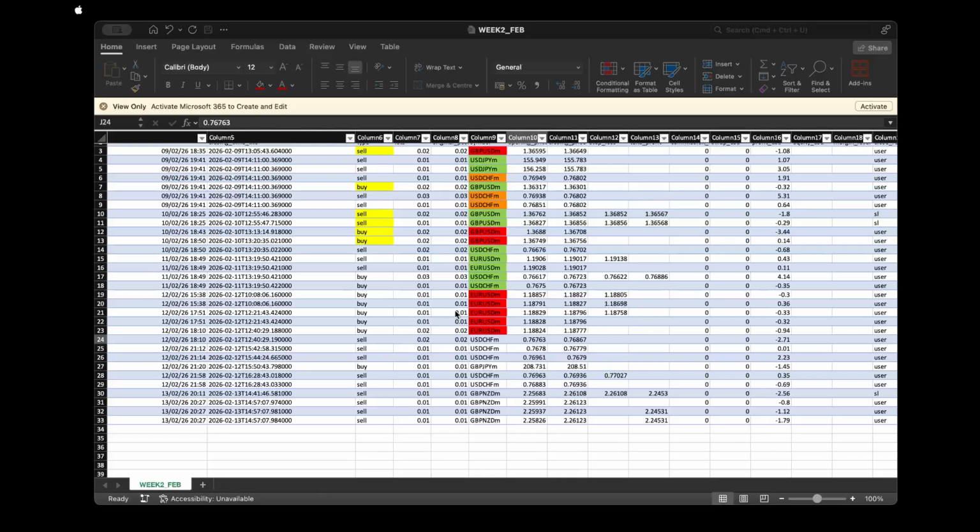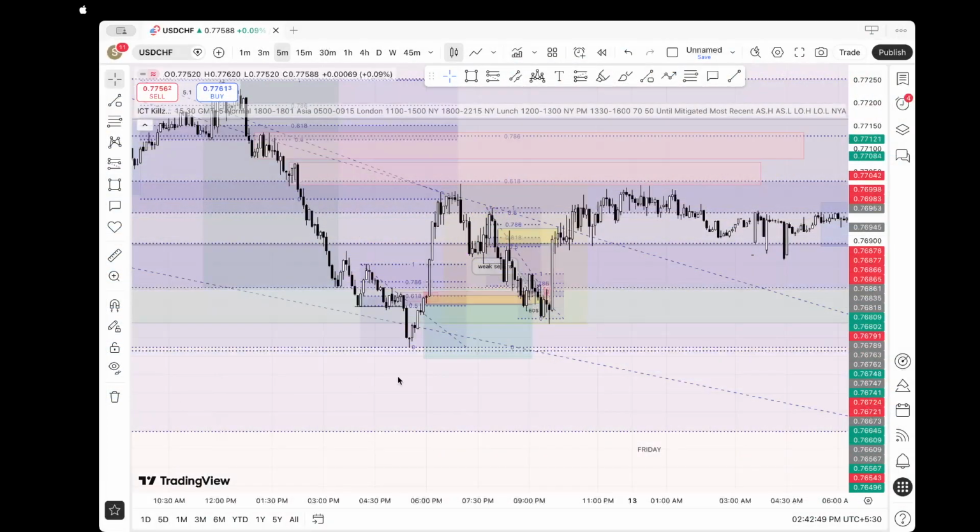The price is 76763. Great. This was the first trade at 6 o'clock that was punched in. Then the next trade was punched in. Let me just switch to TradingView because you guys didn't. So exactly what happened is